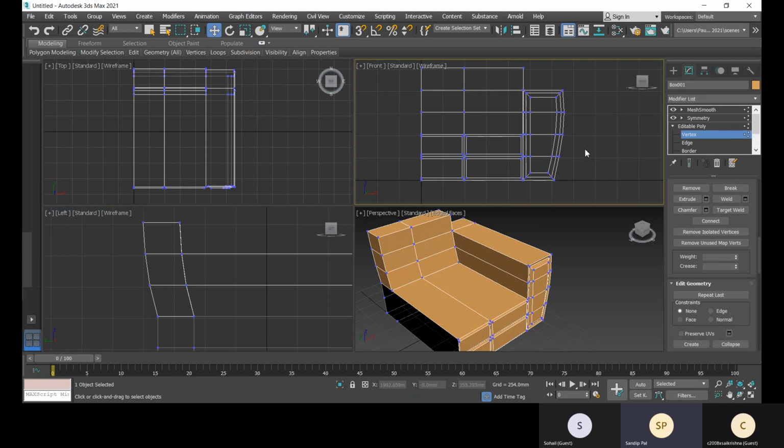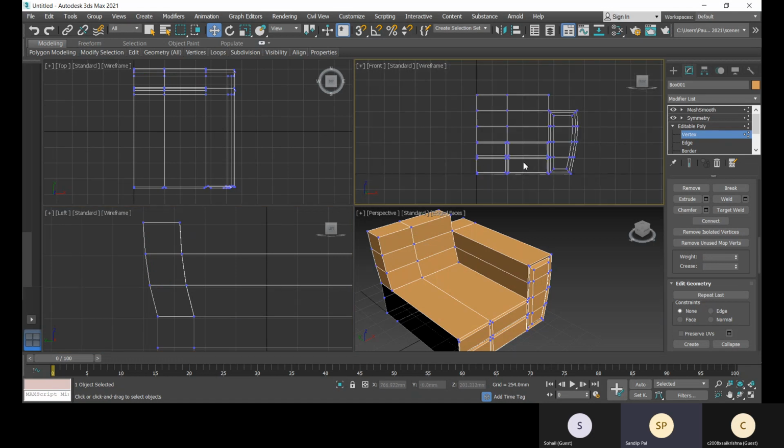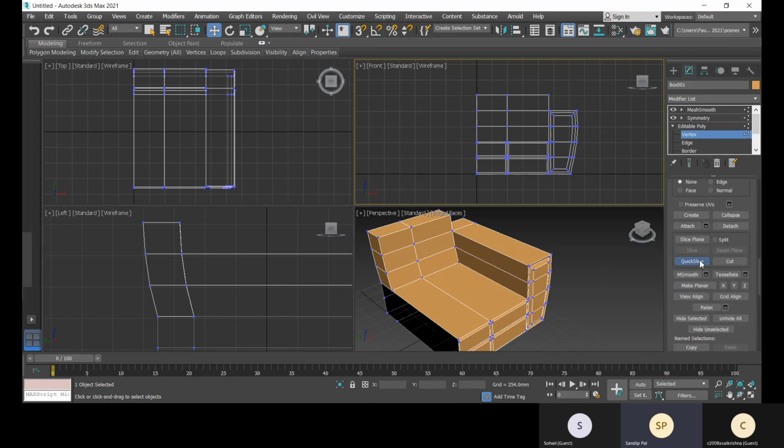All right, now I'll go to the front. So I will make this part with some design. For that I need some more points, so for that I'll create this.